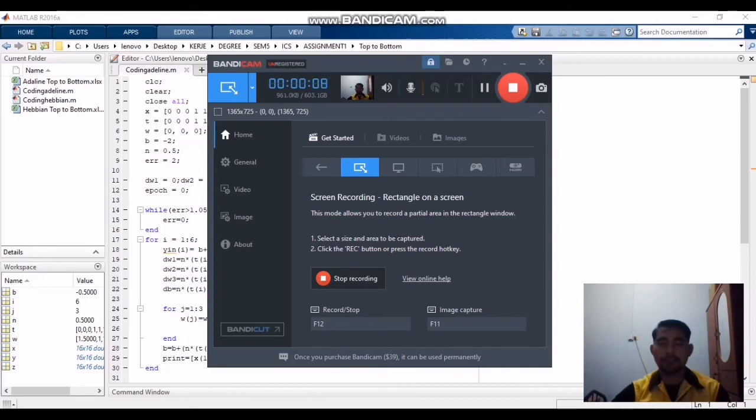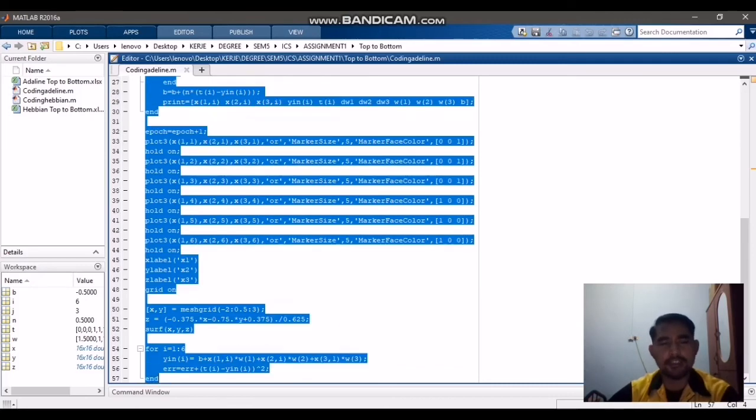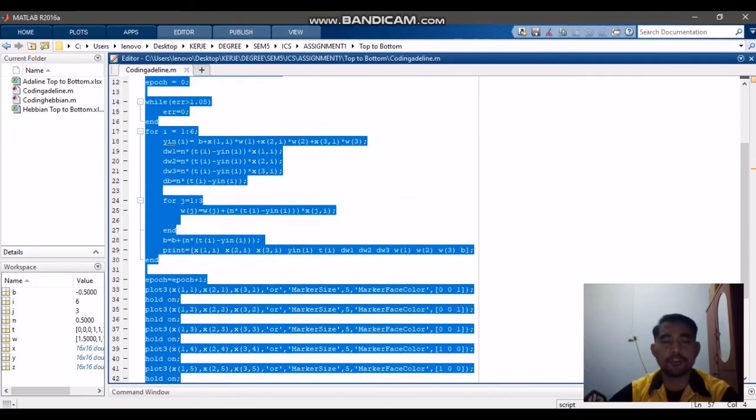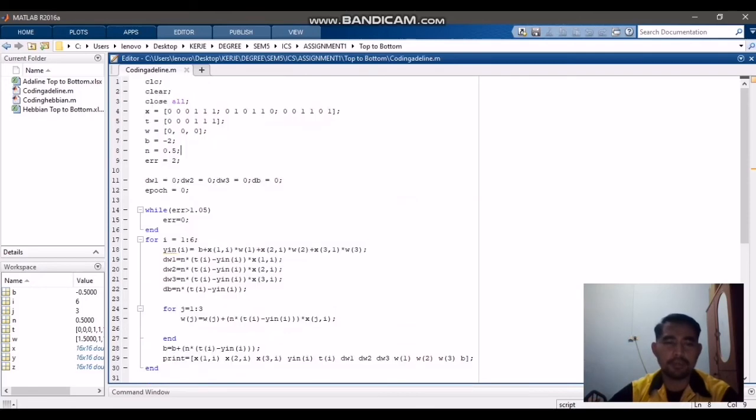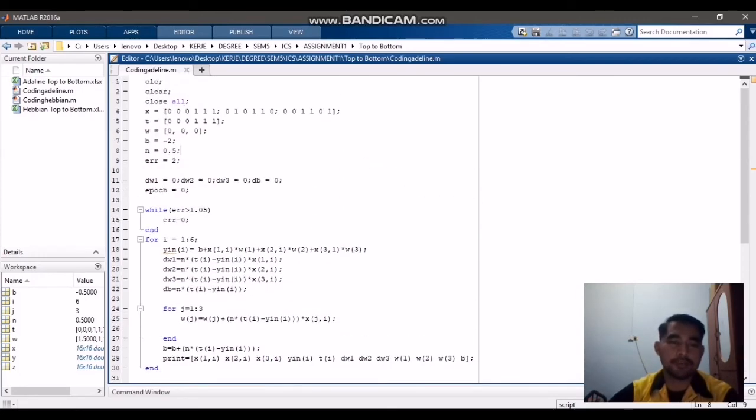Okay, I will proceed to the next part, which is for Adaline, and here, as we can see, the command is actually more like the previous one, Hebbian, but we change a little bit of the command that is needed in order to plot the Adaline part. So here, as you can see, it is the same as the previous one up to the learning rate 0.5, but